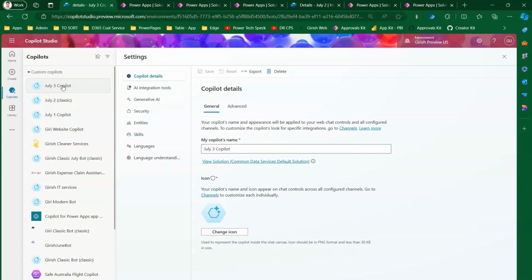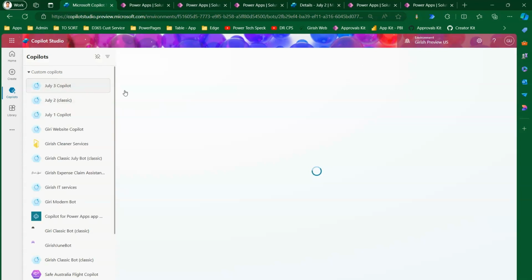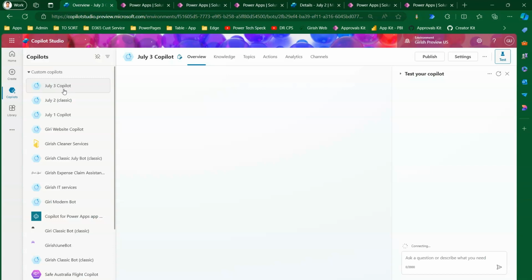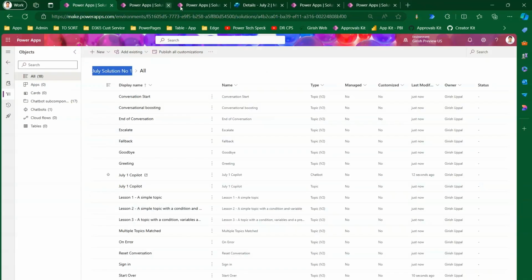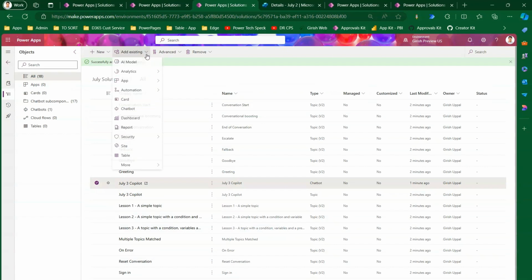Now, coming back to this July 3 Copilot, let me refresh the screen. We created July Copilot 3 and we didn't select the solution, so it was created in the Common Data Services default solution. If you navigate to the copilot you created and click on settings, here you will see it is created in the Common Data Services default solution. Let me close this and go into the solution. Here we have done add existing chatbot and added July 3 copilot to July solution 3. Now if you go to the chatbot from the solution itself,